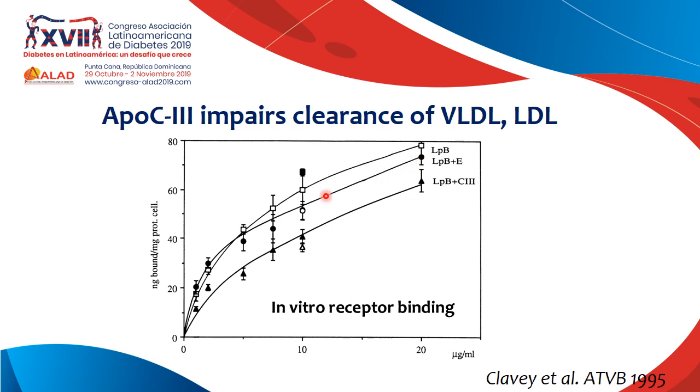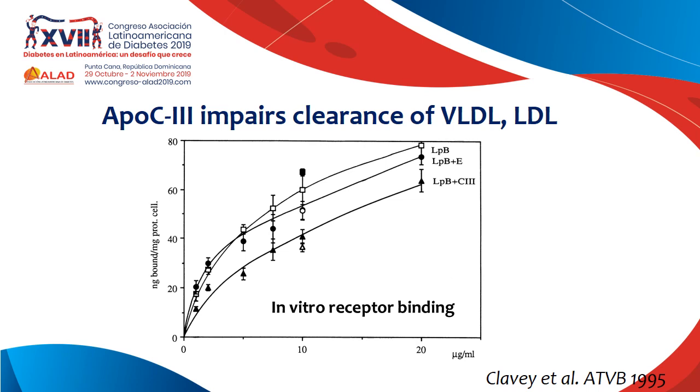The black circles are lipoproteins with ApoB and ApoE, and then the black triangles are the lipoproteins with ApoB and ApoC-III. And you can see that at any given concentration of the given lipoprotein, the binding is lowest for lipoproteins that contain ApoC-III. So since 1995, when this evidence was published, we know very well that ApoC-III impairs the clearance